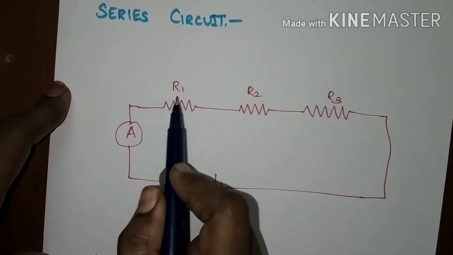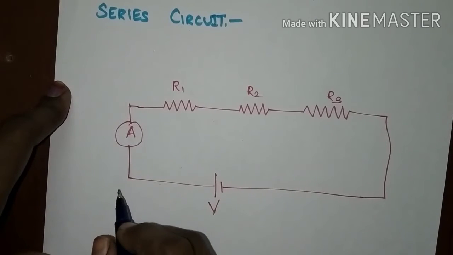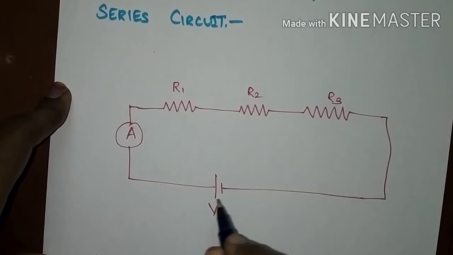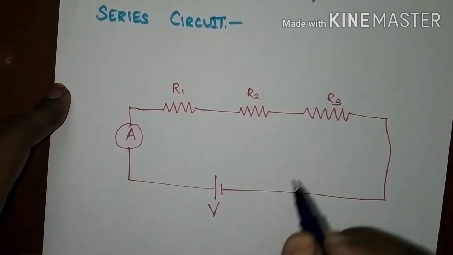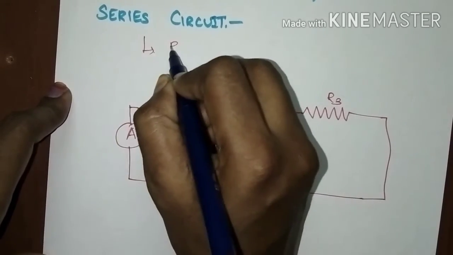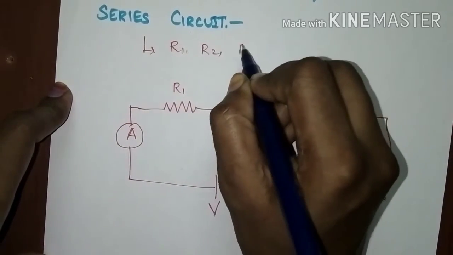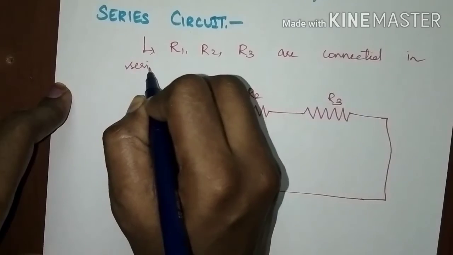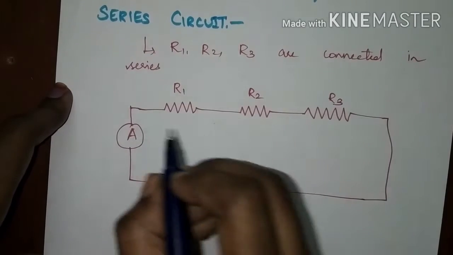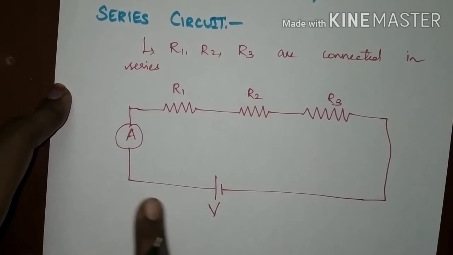So, resistors R1, R2, R3 are connected in series. It forms a series circuit when it is closed, right? The circuit must be closed to represent a closed circuit. In a closed circuit only, the current will flow. In an open circuit, or if a circuit is broken, the current cannot flow. So, here in the series circuit, resistors R1, R2, R3 are connected in series with the battery source. It forms a closed circuit where the elements are connected in series.